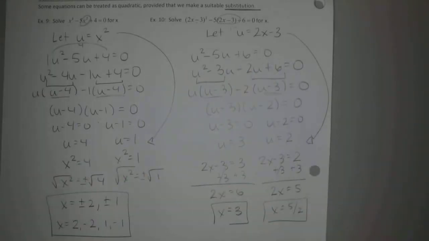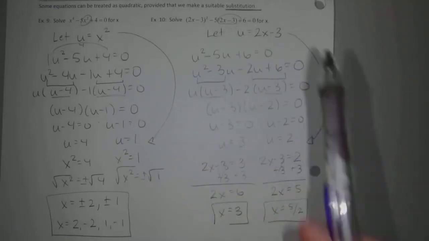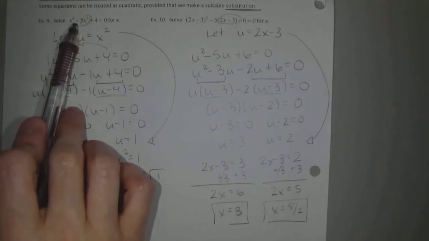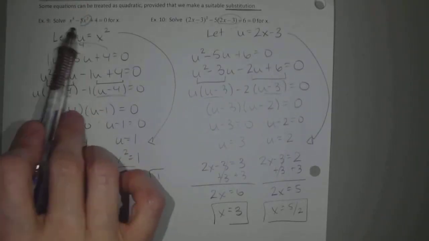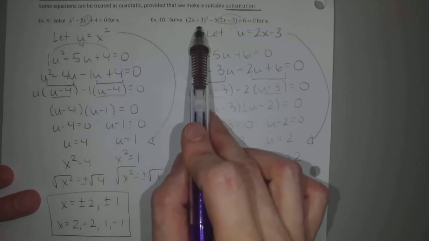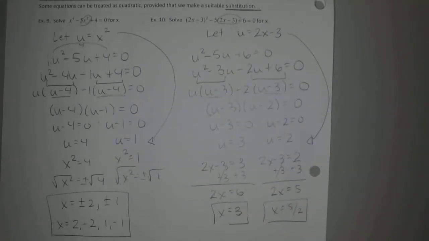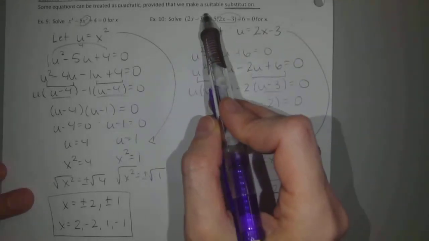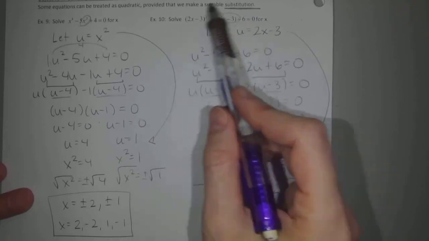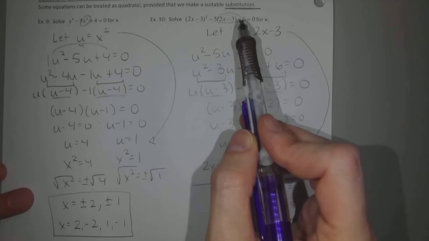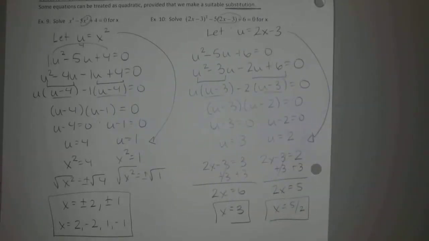So do you really need to use u substitution? No, I might have a problem on it, but if I do, it's probably more like this. But how could you get around it if, worst case scenario, you didn't remember how to do it? Factor this one like normal, but use x squared and x squared when you split it up. This one, you could technically FOIL, distribute, gather like terms, and get a totally different quadratic that you could use the AC method on. So like here you could distribute the -5, here you could FOIL this, and you can gather like terms, and you get a completely different quadratic whose answers, when you factored them, would give you 3 and 5/2. Okay, so